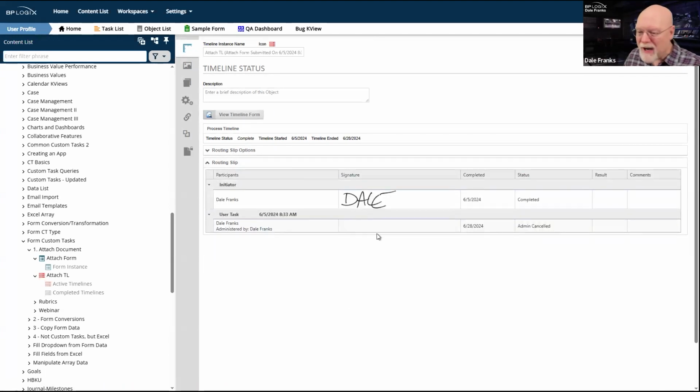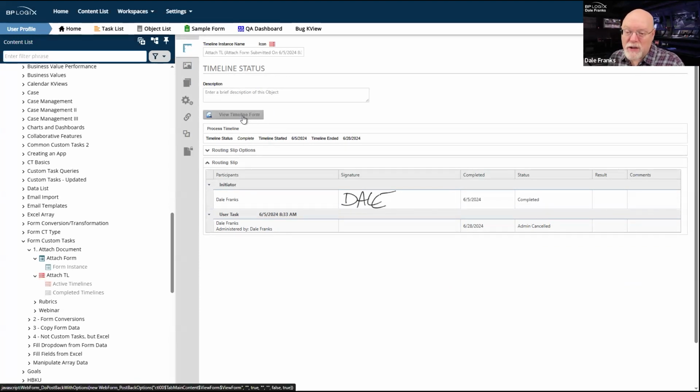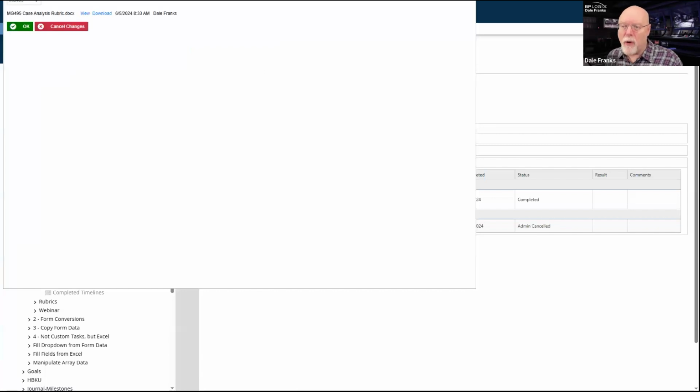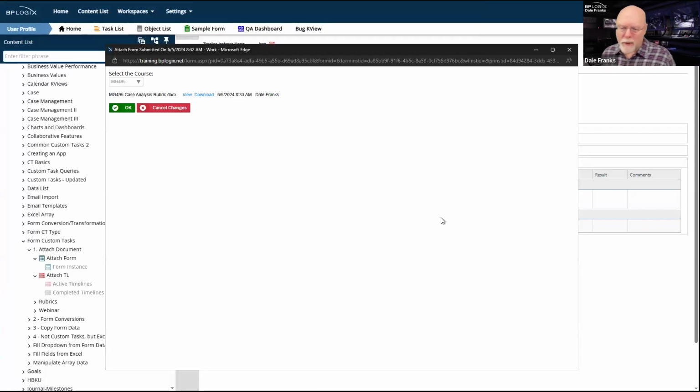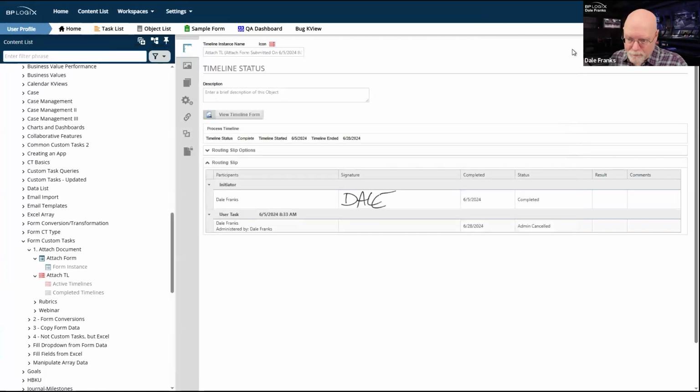Also, from here, if I'm kind of curious as to what the process's form instance looks like, I have the View Timeline Form button. It will simply open up the form for me. It's a very simple form. It has a drop down to pick whatever attachment I need and has an attachment control. It's really all it does. So it's not that impressive of a form, but I can access it directly from here.